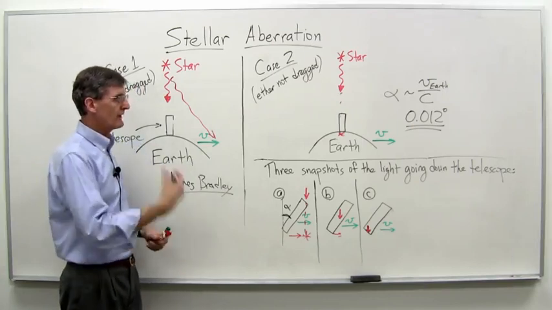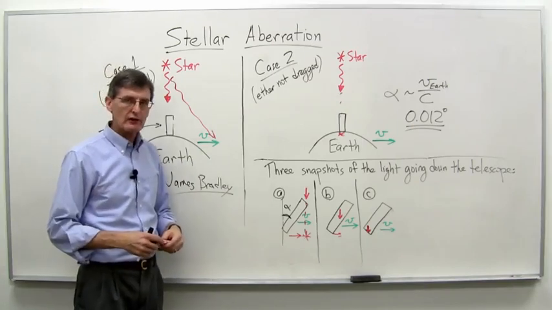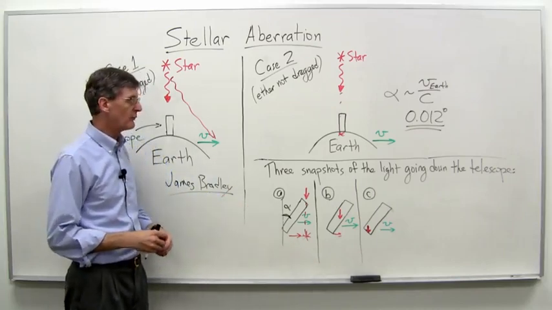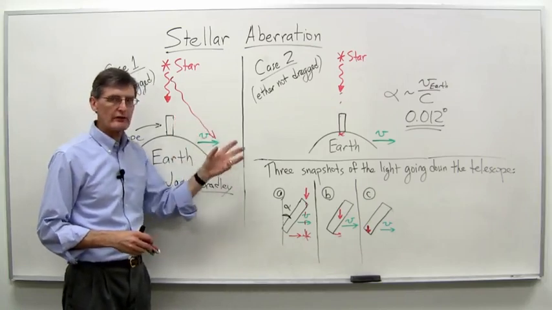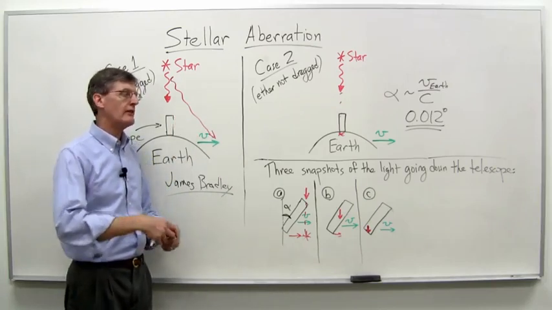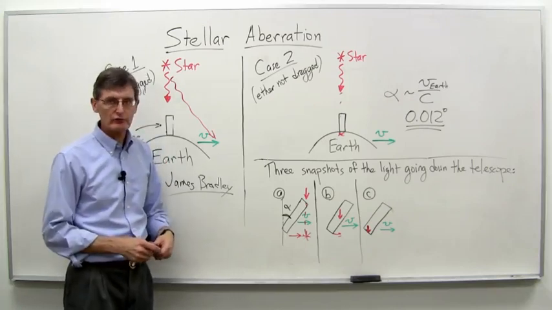And so in the next video lecture, we'll actually look at some of the so-called ethereal solutions that people came up with in terms of how to explain the null result of the Michelson-Morley experiment, what might be going on, and then we'll also consider Einstein's solution to the problem.